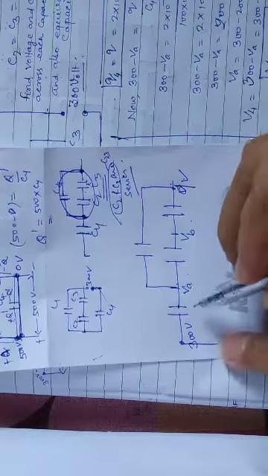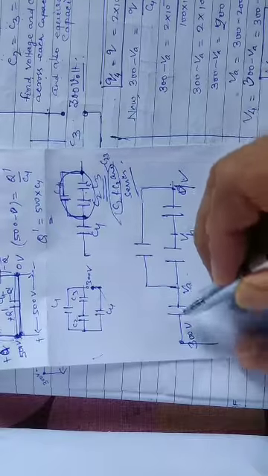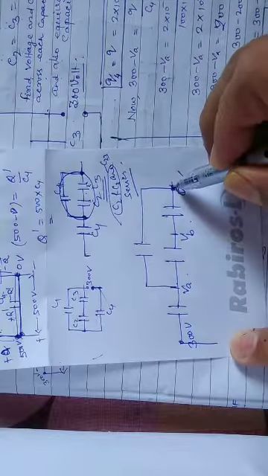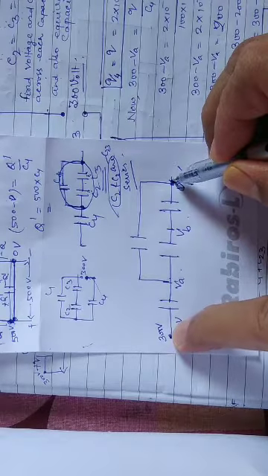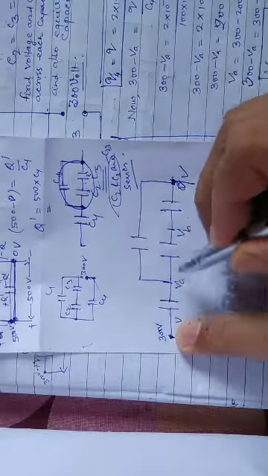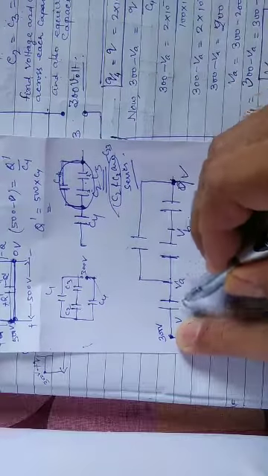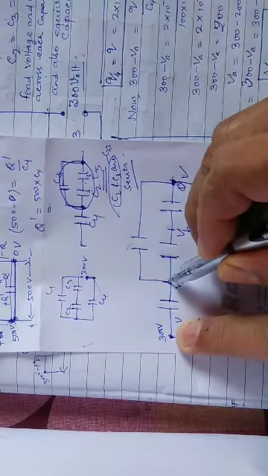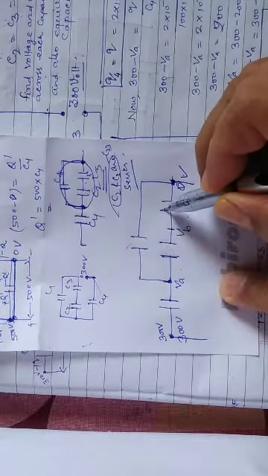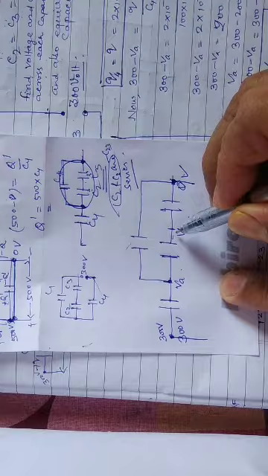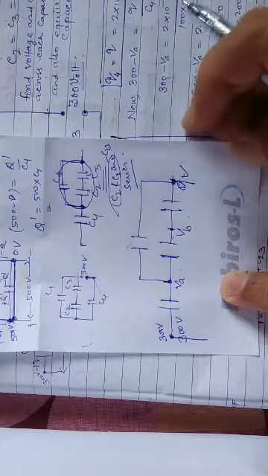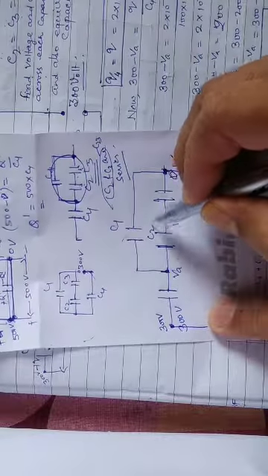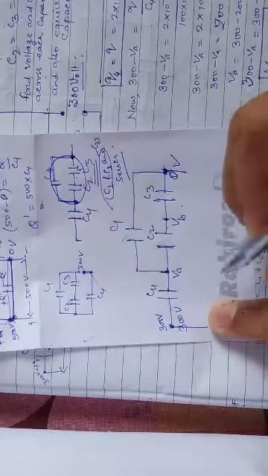Now here we suppose the potential of this end is 0 volt, then the potential of this end will be 300 volt, so the potential difference between these two points is 300 volt. Now this plate forms an isolated system. They will have a common potential, let it be VA. Similarly this plate and this plate are interconnected, they will be at common potential, let it be VB. Now this is your C1, this is C2, this is C3 and this is C4.